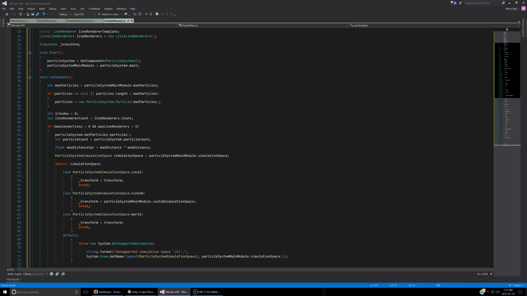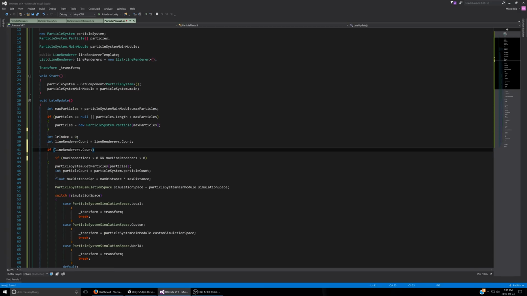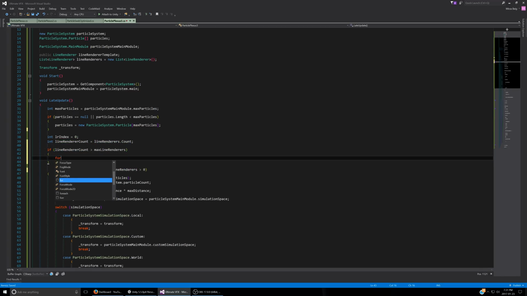Again, this is optional. You can figure out if you think it's worth it to get rid of all those extra game objects that are in the scene, or if it's just a waste of time and you'd rather just have the performance. So in this case, I'm going to be implementing if line renderers dot count. Actually, again, this can just be underneath this part right here. If line render count is greater than the max line renders, then for int i equals 0, i is less than line renders dot count, i plus plus